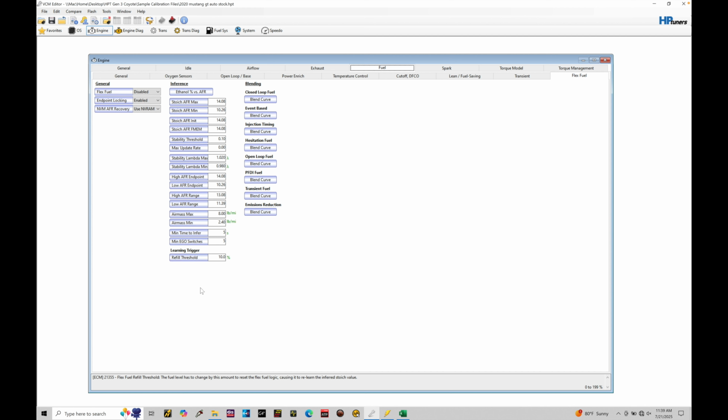We'll talk about how that learning process works here. Then we also have our blending curves. The blending curves allow a blending function between the normal petrol table and a flex fuel based